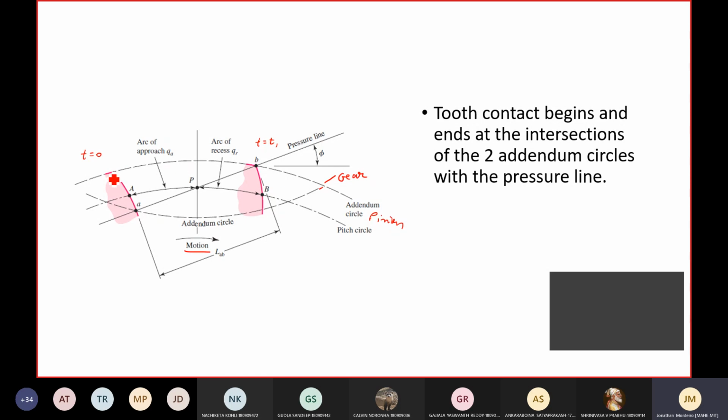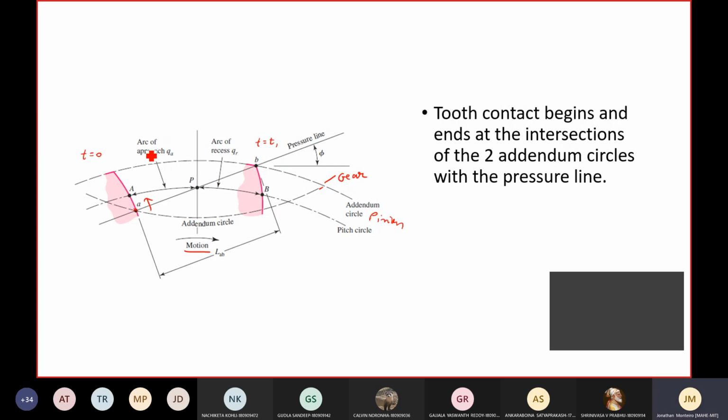Got it? The addendum part, we know, is the topmost part, the tip of the tooth, and this is the dedendum part over here. So the addendum part of the gear is actually making contact with the dedendum part of the pinion, and that engagement or meshing will continue. It traverses like this. It will start here and traverse in this direction over the involute in such a way that it will reach a point B. So the engagement is from small a to small b over here. As and when it passes, it traverses through the pitch circle line also.